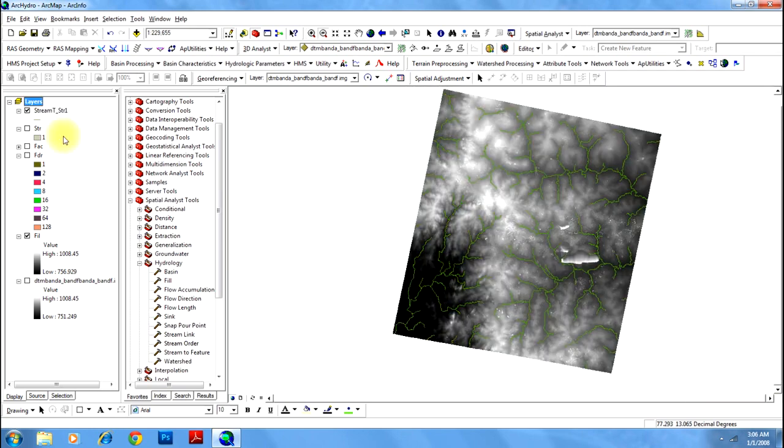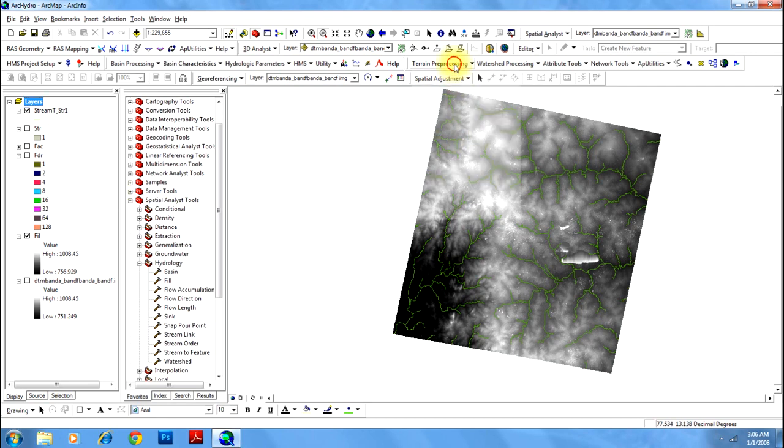This is how you delineate a drainage network using a digital elevation model. However, the work may not stop here. If you want to find out the stream order as well, then you will have to do some further process.